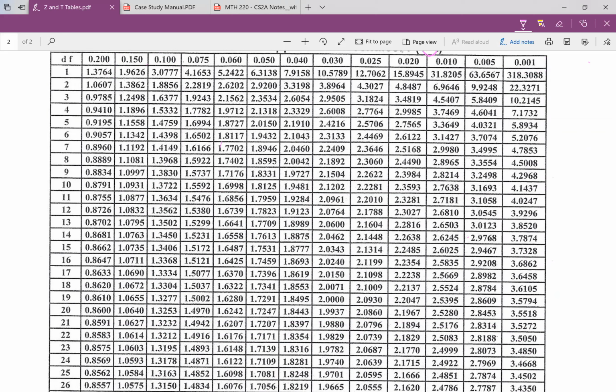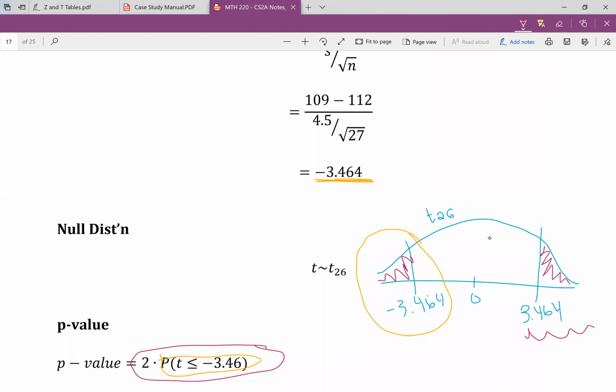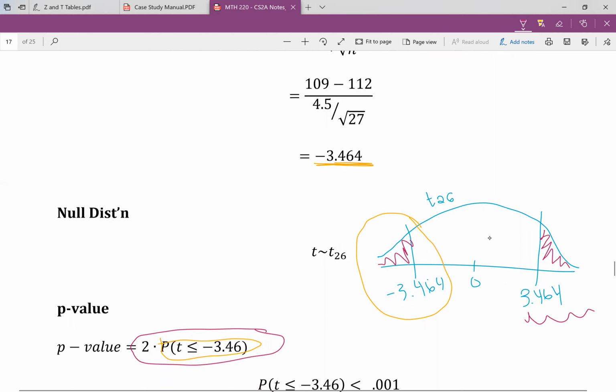So degrees of freedom are 26, and we're looking for the number 3.464. So we're going to start at 26, going across, across, across, 3.43. So 3.43 is a little smaller than my 3.464. So 3.464 falls just off the chart. Okay, so when it falls off the chart to the right, we always say, hey, it's going to be less than